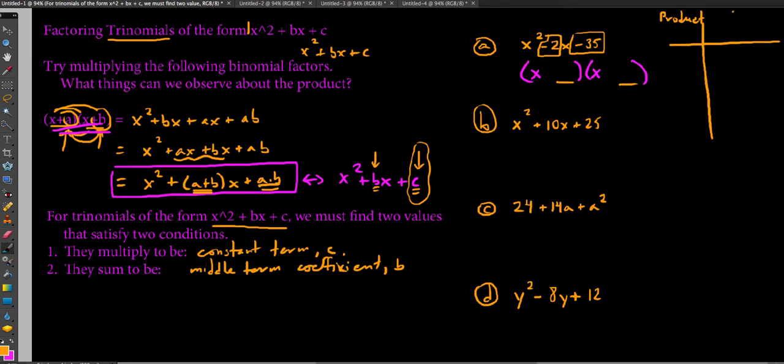Products. And then on the right here we can write the sums. But essentially what we're going to do is write out all the different combinations that would multiply out to be a negative 35 on the left here. And so what I would do is I'd write like negative 35 times 1,